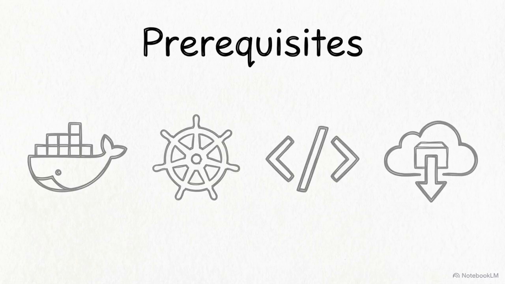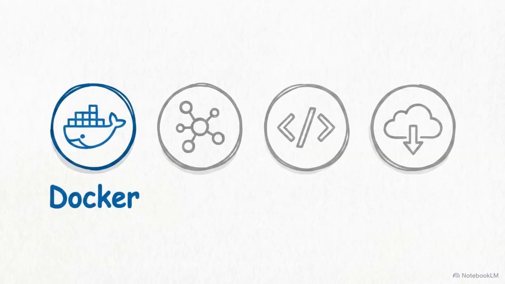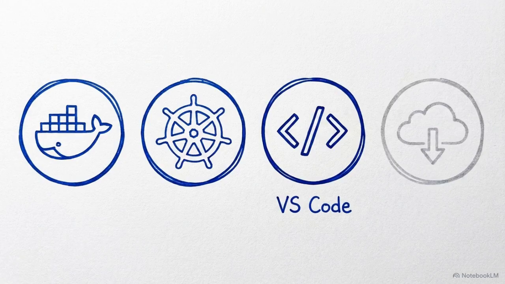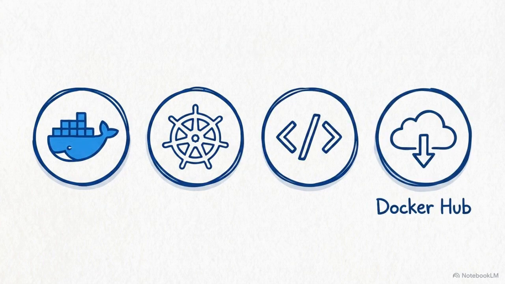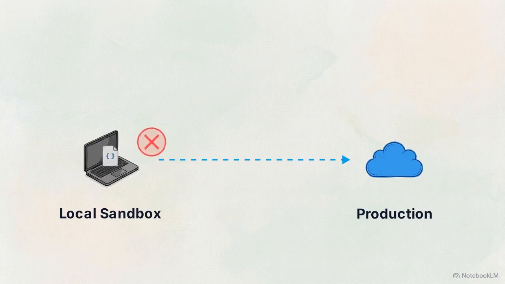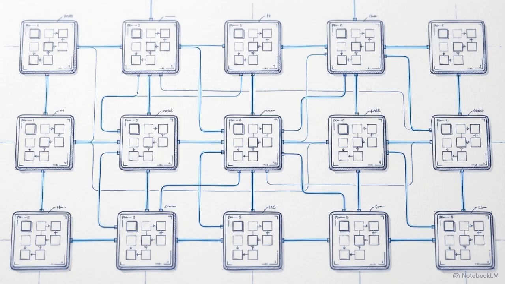You will need 4 tools to follow along: Docker for building images, a local cluster like Minikube, a code editor, and a Docker Hub account to host your container registry. Establishing this local environment early prevents configuration errors from stalling your deployment later, allowing the focus to remain on the